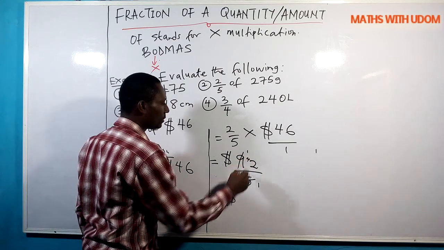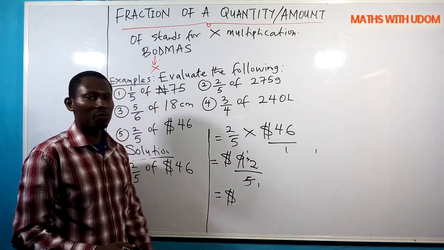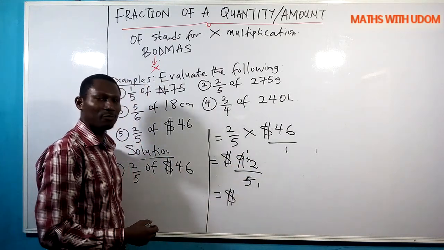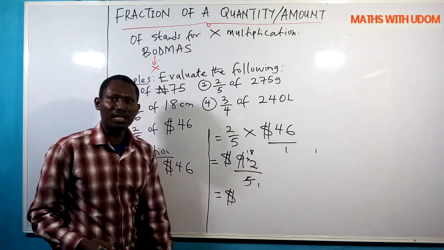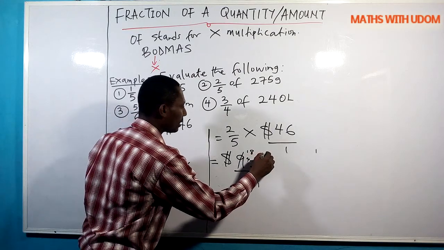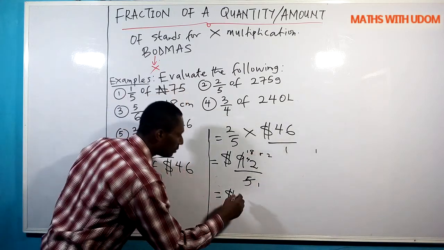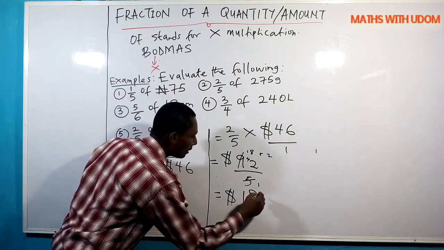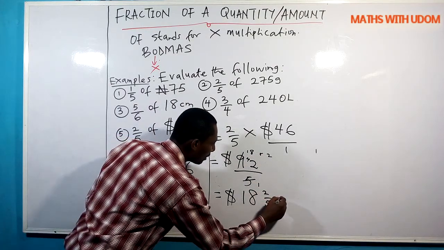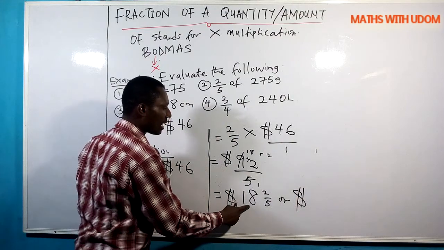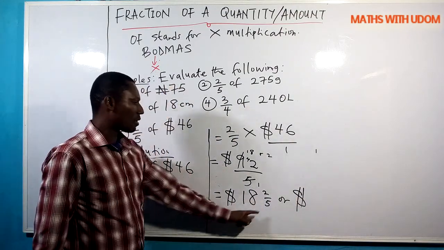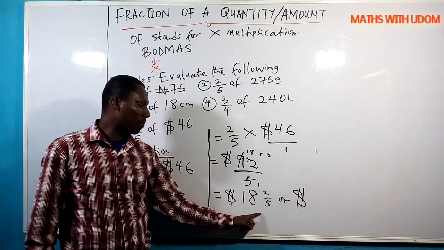Remember 4. How many 5 can go in 42? That is 5 times 8, 40. So you write 8. 40, remember 2. So our answer will now be 18 whole number 2/5, that is $18 2/5. You can also change the 2/5, the proper fraction,